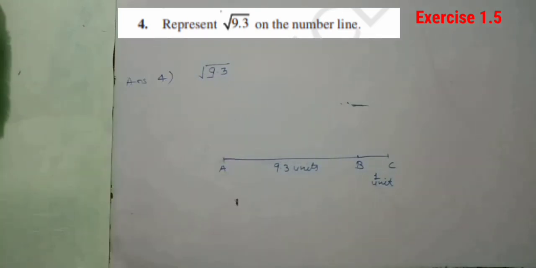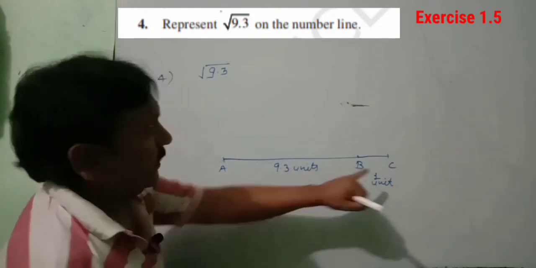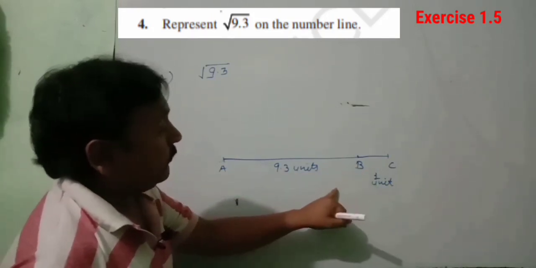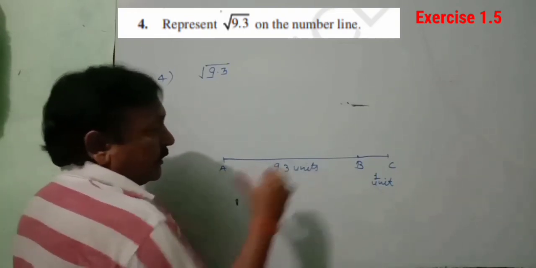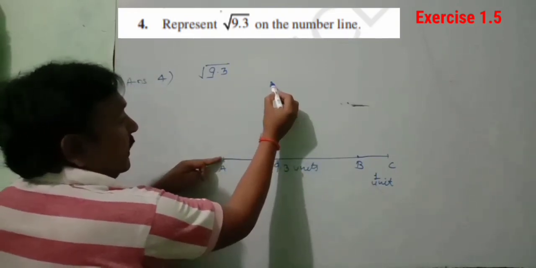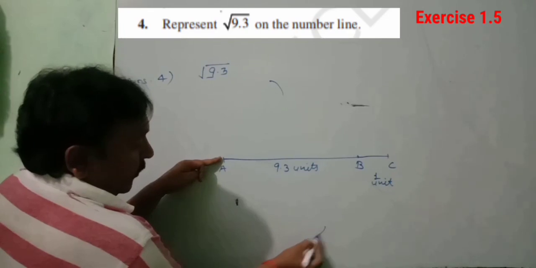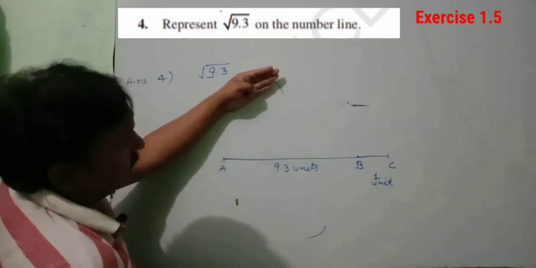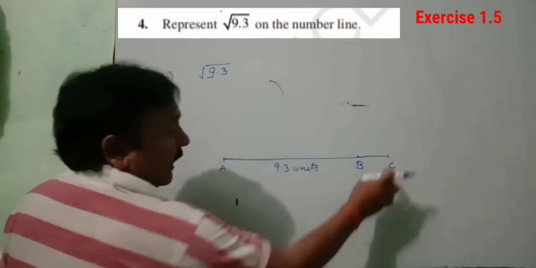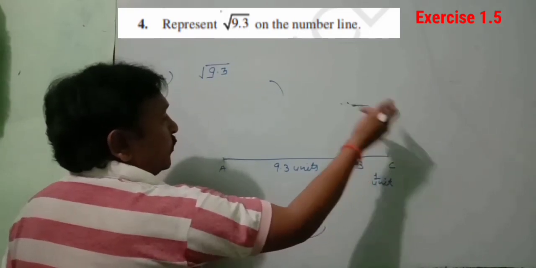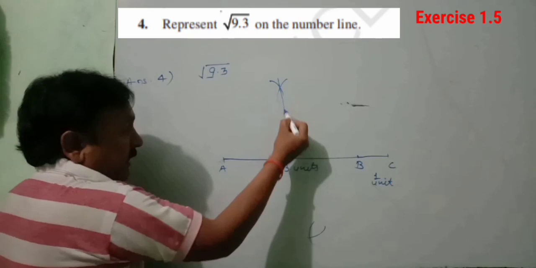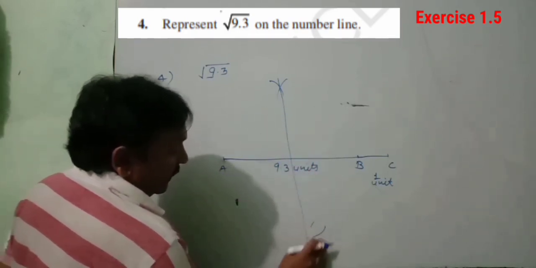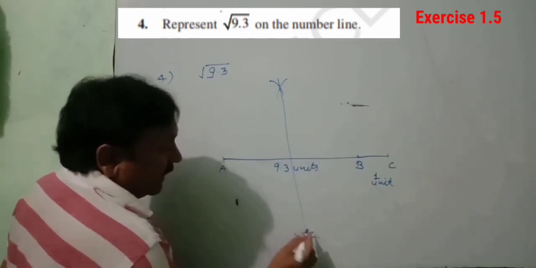Okay, so with the help of your compass we can find the midpoint of AC. How? Just take a length more than half, put one arc from A here, again from A here, means one above the line and one below the line, and from point C again put your compass and intersect these arcs and join them. Okay, the place where these arcs will join.